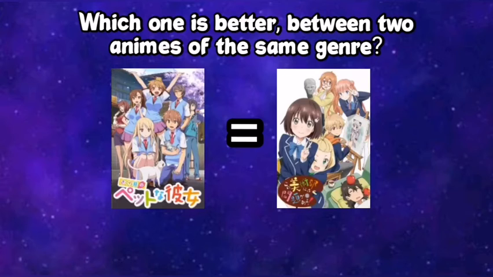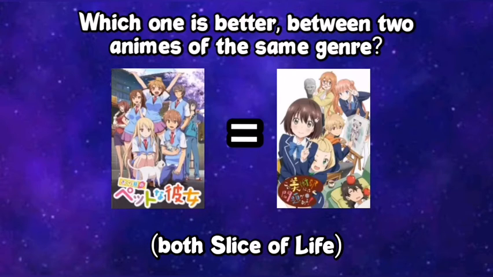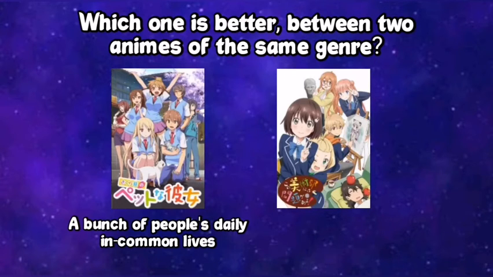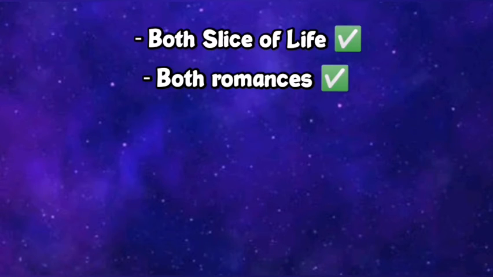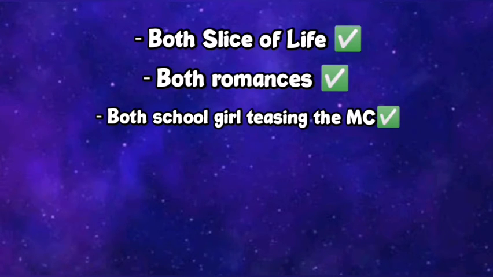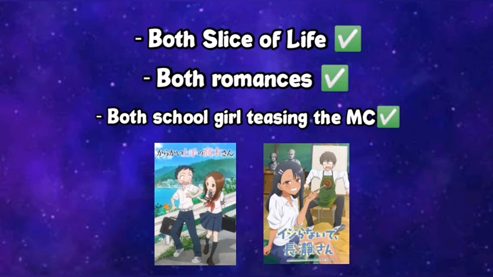We do have that difference, because Sakura Su is a slice of life anime focusing on the lives of people living together in a special building, while Kenobi is also a slice of life, but this time showcasing the daily meetings of members of a school club. If we go on, we can find two stories really similar to each other, for instance, Takagi-san and Nagatoro-san.